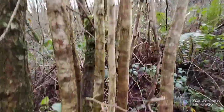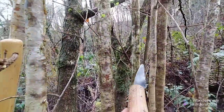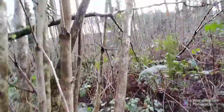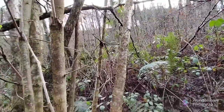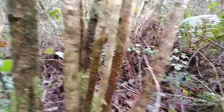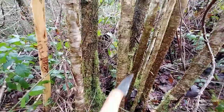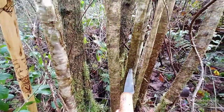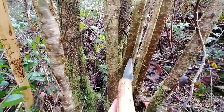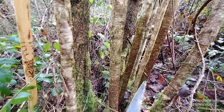I'll probably find better ones. This one has the potential, but yet again, it's probably a year or 2 too small. This one here, that one's a possible, but there are a lot of kinks in it, and like I said, I'm getting a bit more selective, and the one behind is a bit small. So out of this lot of runners and trees, they're either too big, too small, or have too many real bends that I can realistically invest my time in. The only one I would possibly be considering is that one, but it's still at least possibly 2 years away yet. So this tree will escape,